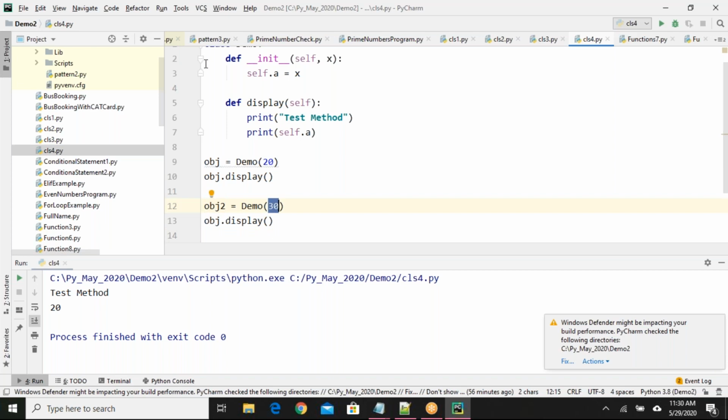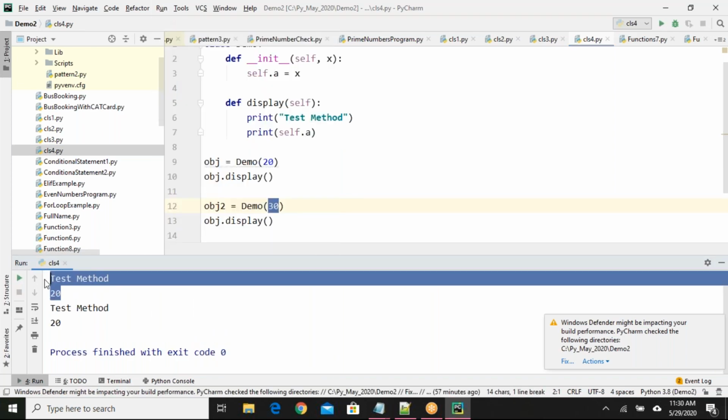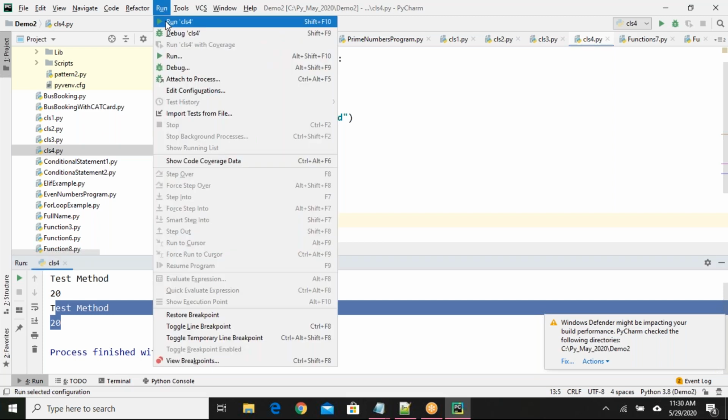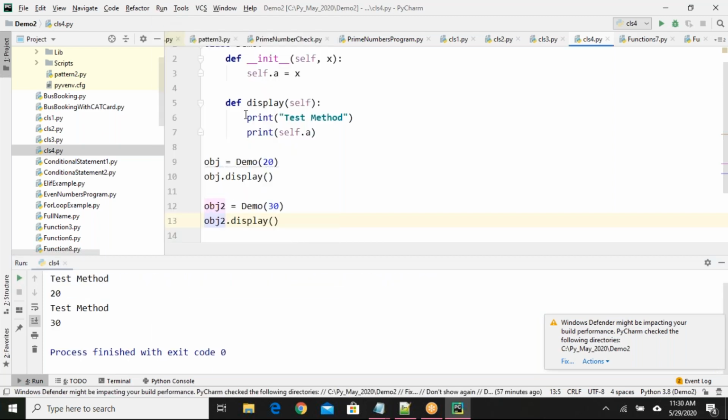Sorry, here I have to provide object 2. So 30 will be printed. So these are instance based variables. Based on the instance you are referring to, it will refer to a different object and its value.